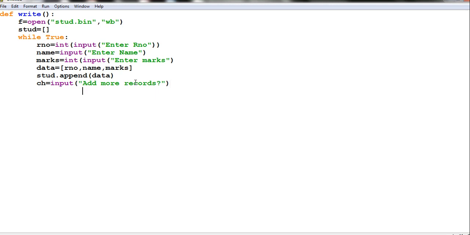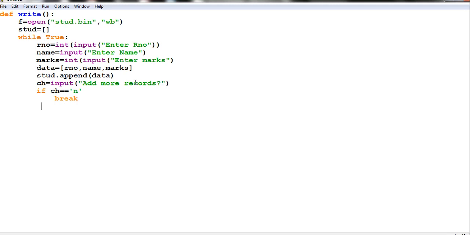Now you have to see if your ch is not equal to Y, or is equal to n, then you want to come out. Break, to come out from the loop.